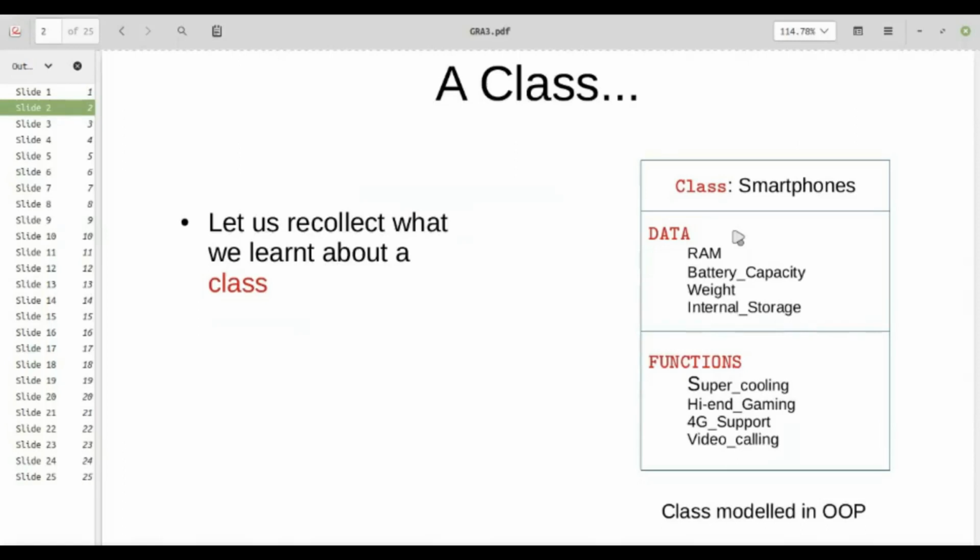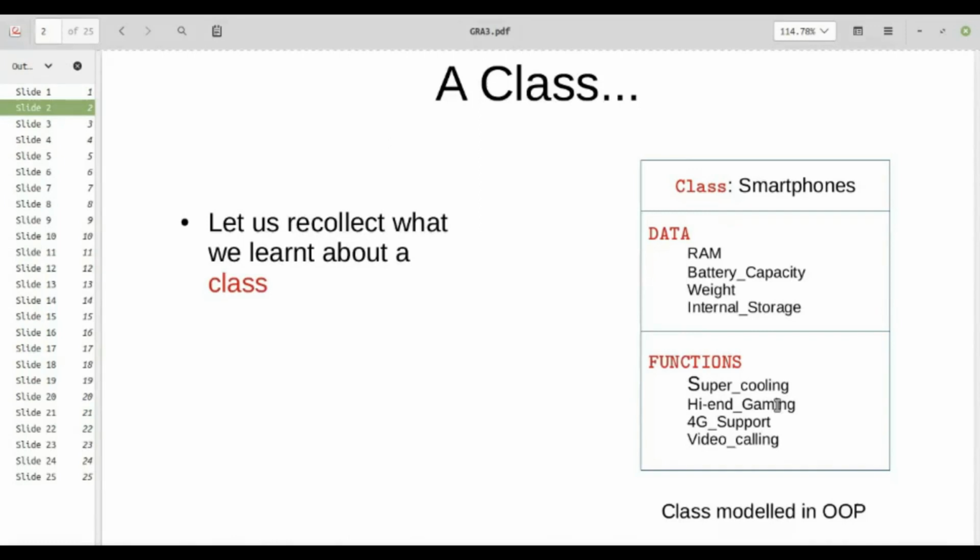In the last class, we saw how a class is nothing but a representation of a real world entity, where it contains some specific data and some specific functions. If you can remember, for the class smartphones, we had some data values and some specific functions. Whenever we create an object of this class, each of these data values gets a particular representation. In that case, they were being called the instance variables. From the last lecture, for the objects, we allocate specific values to the data.